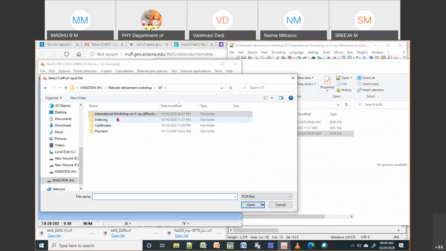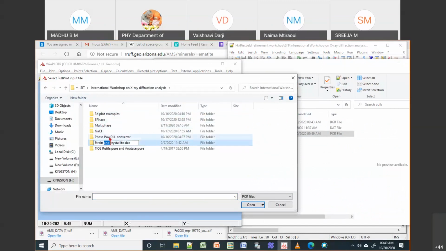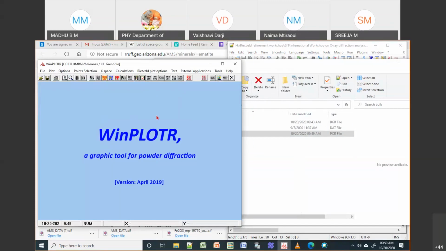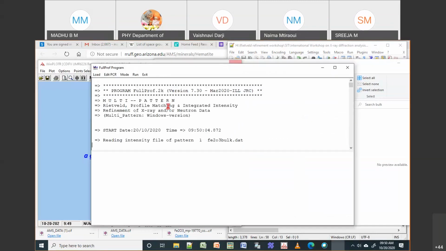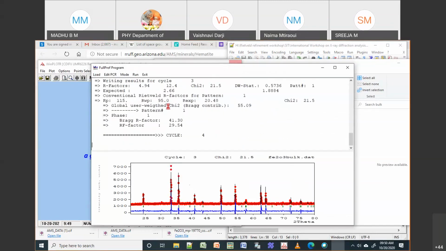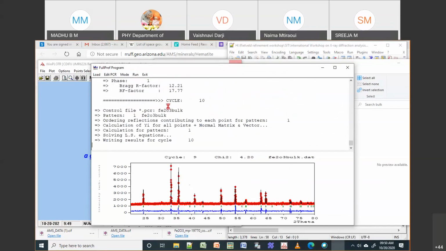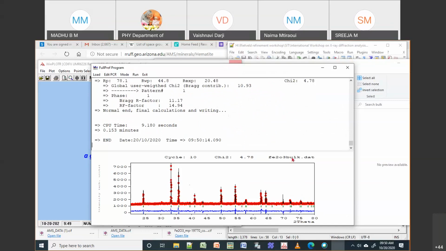So I have to go to this, and then I have to run this. Okay. So it didn't give any... so it's okay. Even in the first trial, it has come to 4.78. Even though the data is not good, you can see this RP, RWP would be higher because this also depends on the data.